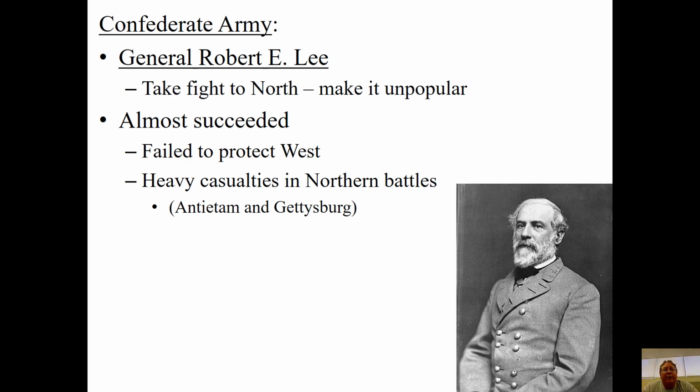And a lot of Southerners are people like Robert E. Lee. He's a famous military figure in United States history. He was a former commandant of West Point, so he was the guy that helped train military leaders, officers in the U.S. Army. He was a hero in the war with Mexico. That's where he had gotten his start as a military career officer. So this guy was a well-known household name for a lot of military people in the United States in the 1850s and 60s.